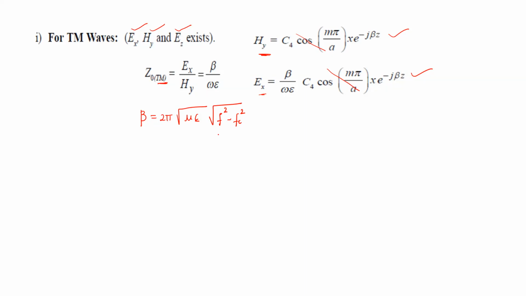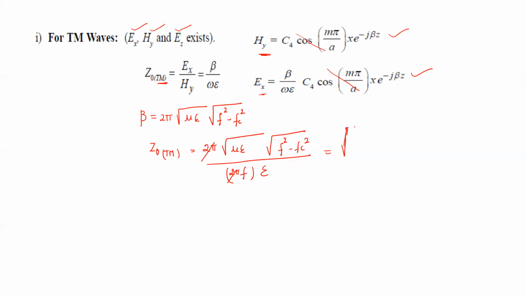Now substituting the value of beta in the above expression, Z0 for TM waves becomes 2 pi root of mu epsilon into root of f square minus fc square divided by omega epsilon. Omega can be written as 2 pi f into epsilon. Now 2 pi will get cancelled with each other and we can express this as root of mu epsilon divided